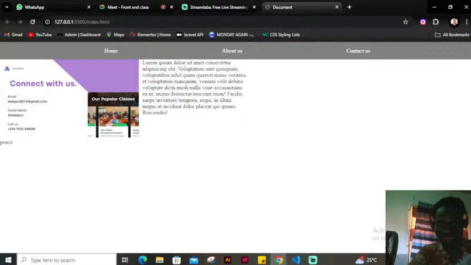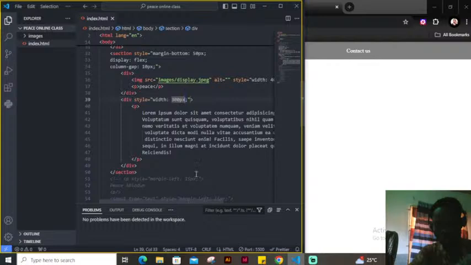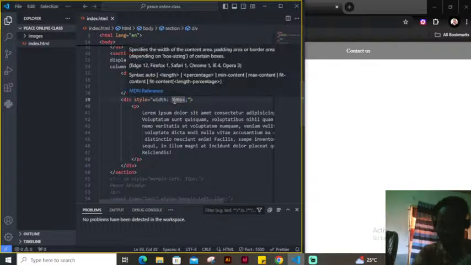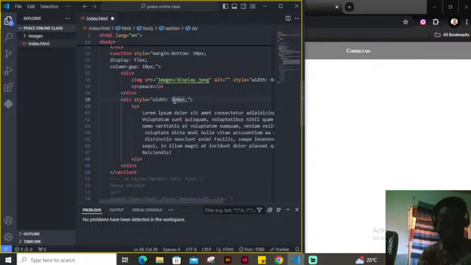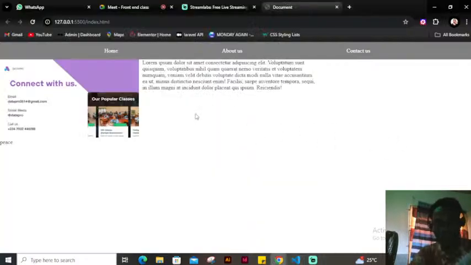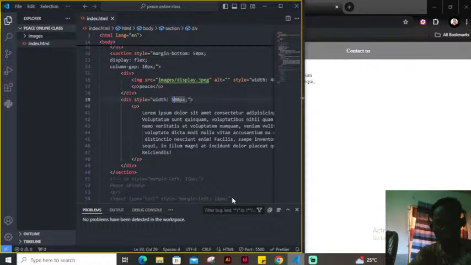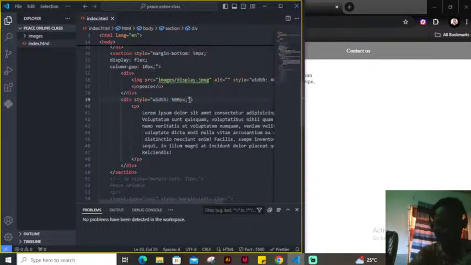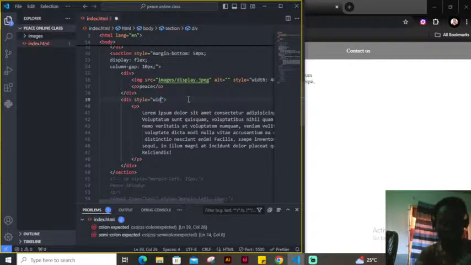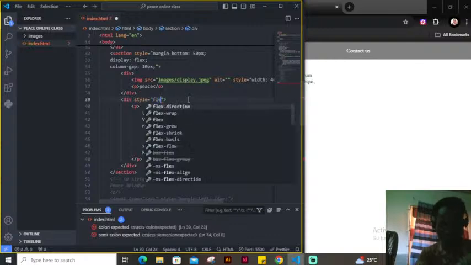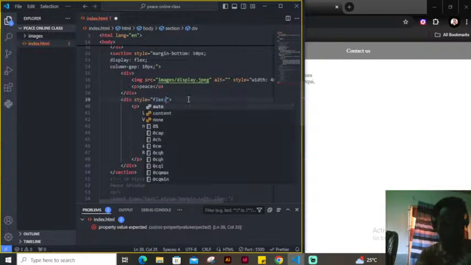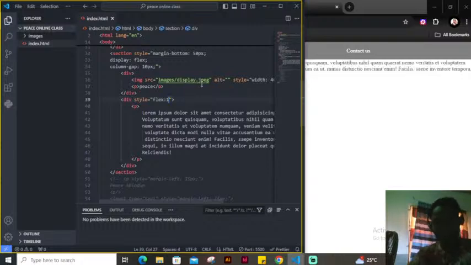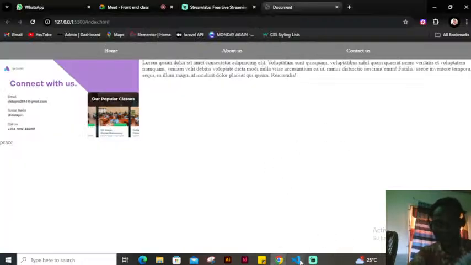You can see that 300 pixels is not making sense for me. What if I say 500 pixels? So 500 pixels. Now since it's a display flex, you can give it a flex of 1. All right, probably next class I'm going to explain everything properly for you. I give it a flex of 1, since it's already a flex. All right, then this one,